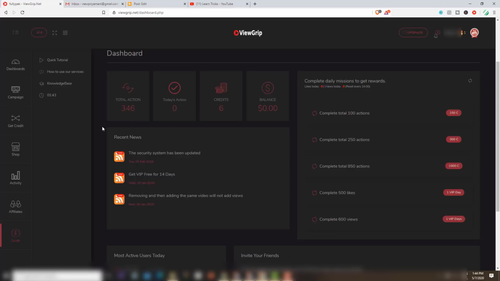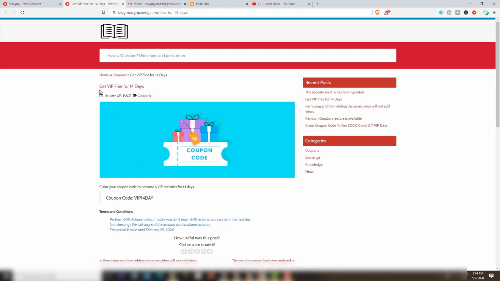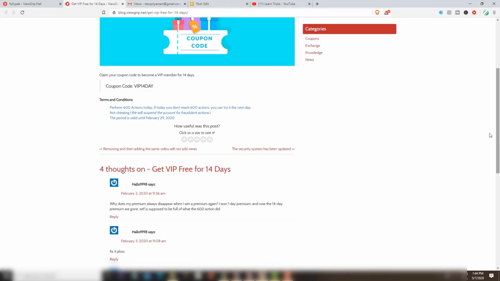Then some other news, the latest news is here, that is secure. Okay, this is the link. So to get VIP for 14 days, what you need to do? This is also a quite attractive feature here. They say what you need to do is perform 600 actions today.